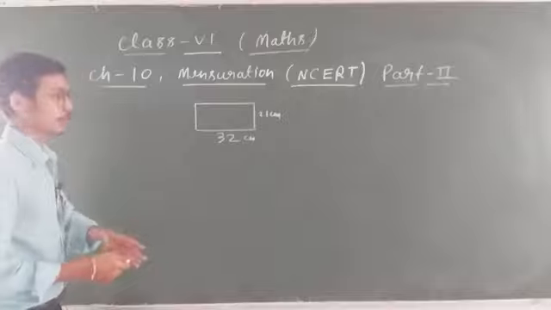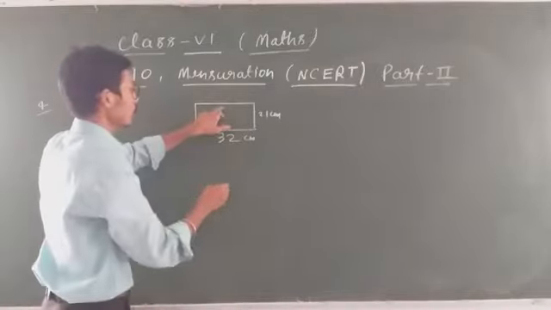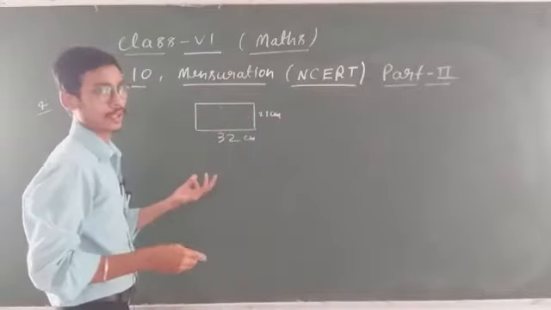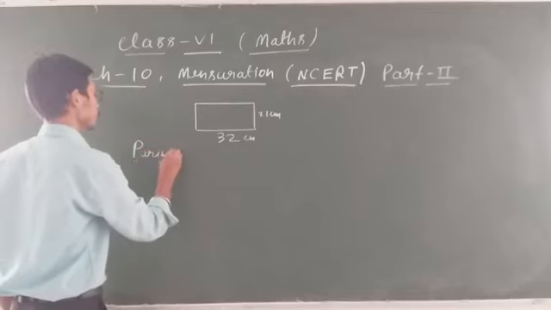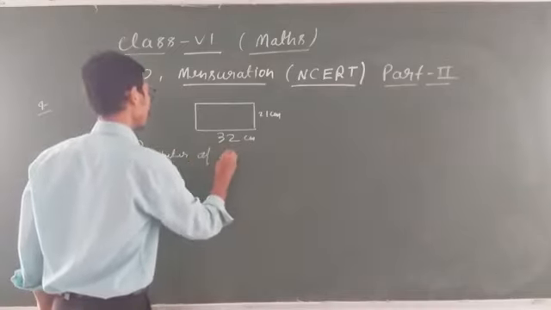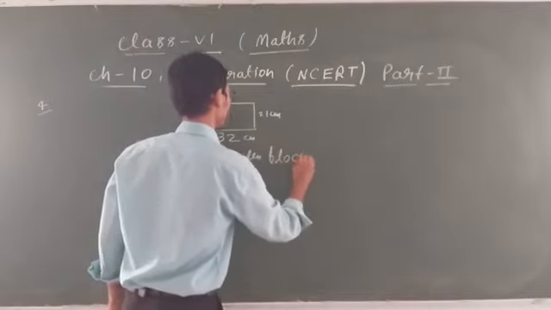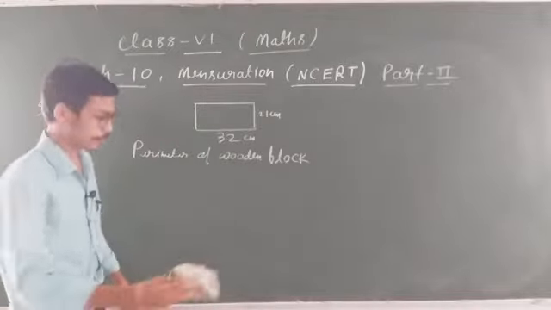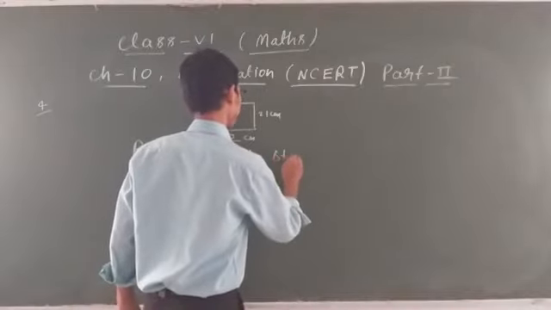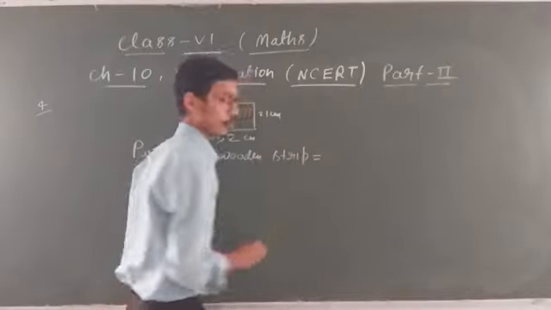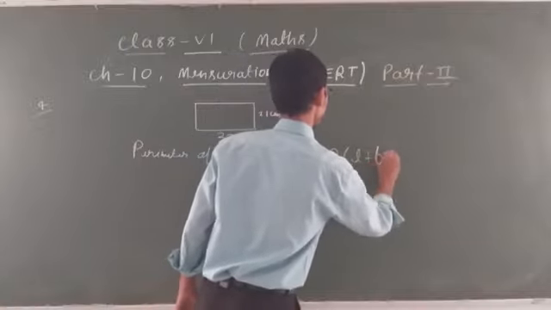Because the length and breadth are given, and the wooden block is given, na. So this is your length, this is also length, this is your breadth, this is also breadth. You know that the formula is perimeter of wooden strip. What is given in your book? Wooden strip. Perimeter of wooden strip. This is given, student. So now you know the formula is 2 times (L plus B).